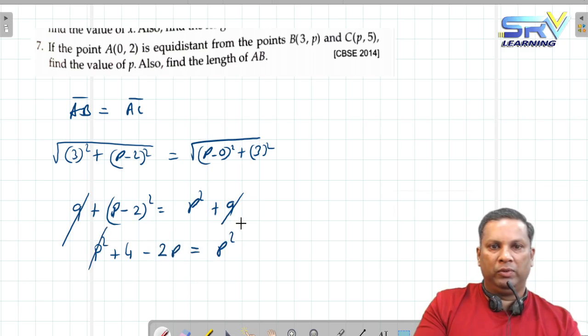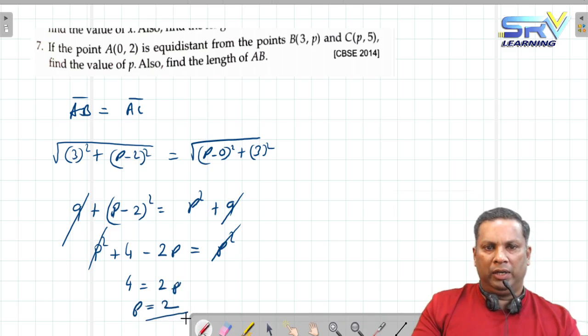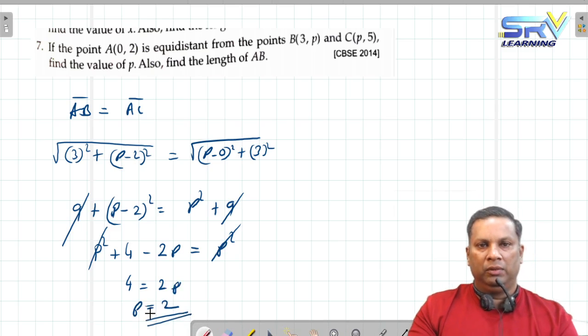So this P square also gone, 2P comes here, 4 is equal to 2P, therefore P is equal to 2. पहले लग रहा था कि quadratic equation आएगा but it didn't come, और directly ऐसे ही solve हो गया।